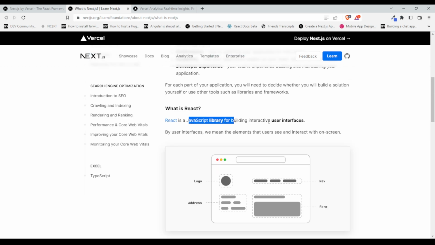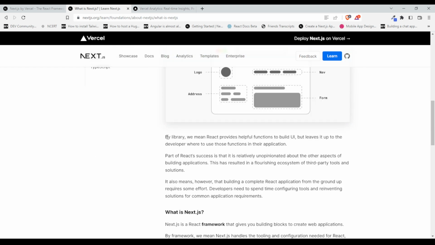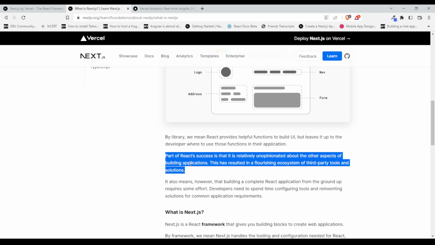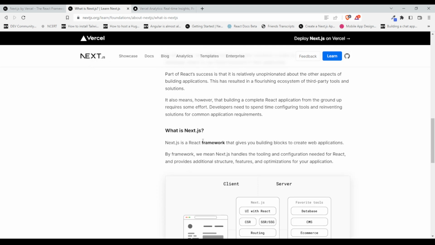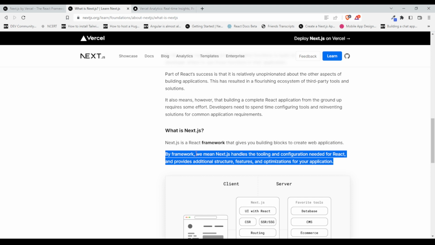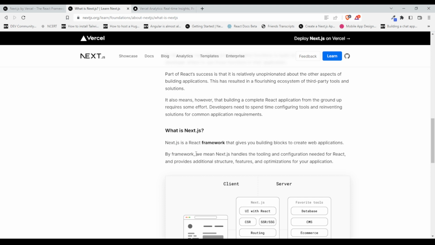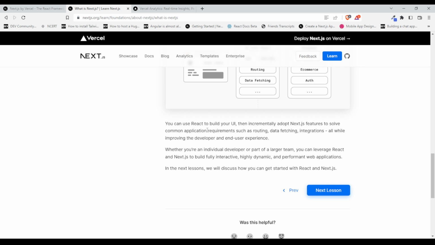What is React? React is a JavaScript library for building interactive user interfaces. By library we mean React provides helpful functions to build UI but leaves the rest up to the developer. Part of React's success is that it is relatively unopinionated about the rest of the building. It also means, however, that building a complete React application from scratch requires some effort. Developers need to spend time configuring tools. So what is Next.js? Next.js is a React framework that gives you building blocks to create a web application. By framework we mean Next.js handles the tooling by providing additional structure, features, and optimizations for your application. You can use React to build a UI, and incrementally adopt Next.js, but other individual